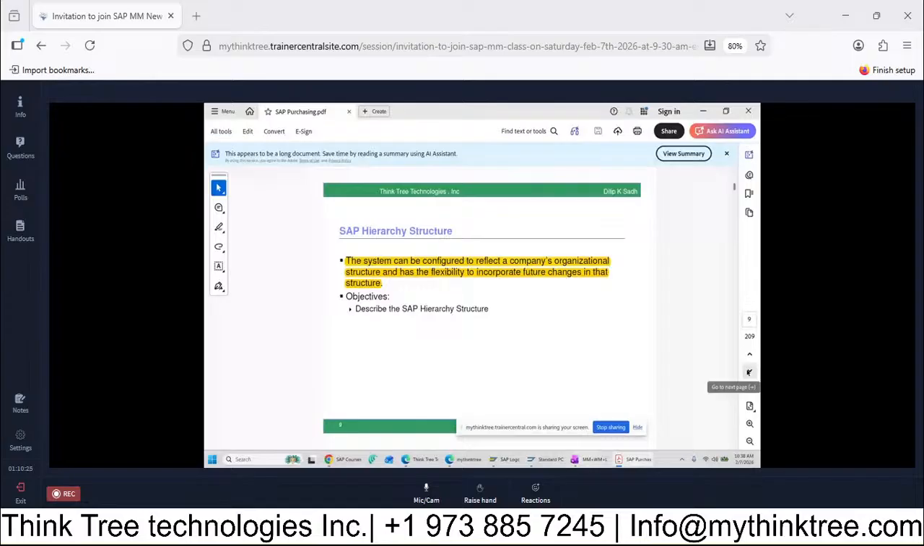In the definitions, look at this. This is called organization structure. Let's make a note of it. What is organization structure? That is our configuration. We have not done any class on it yet, we will do. So in the first class, by design, we do not do any configuration. Organization